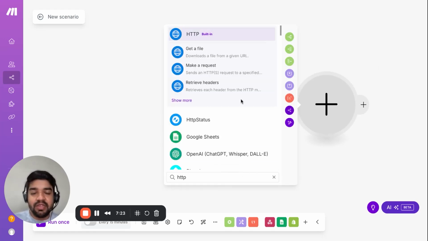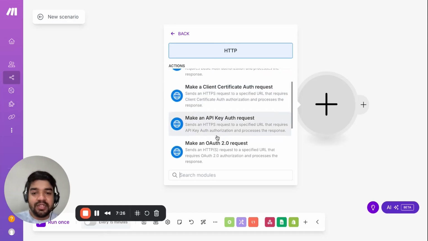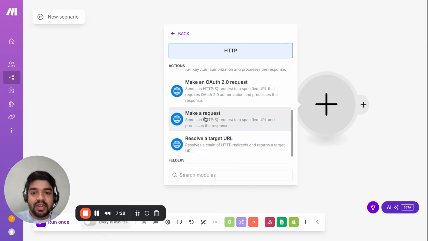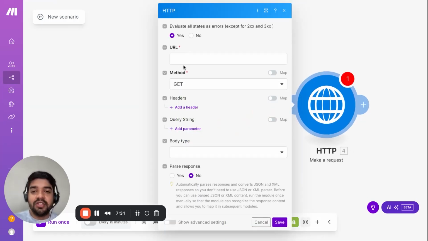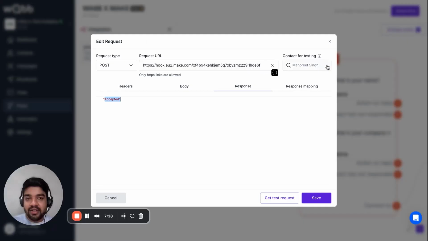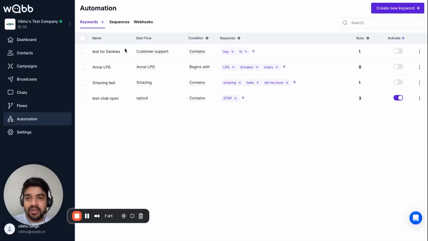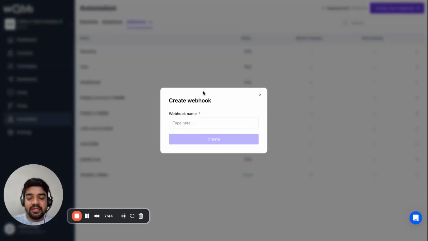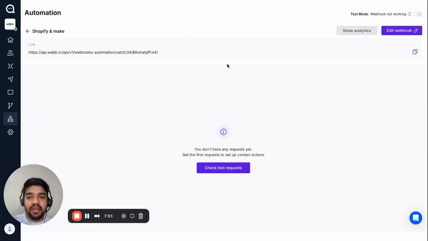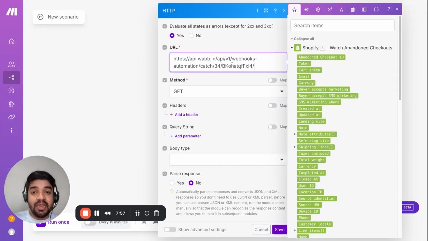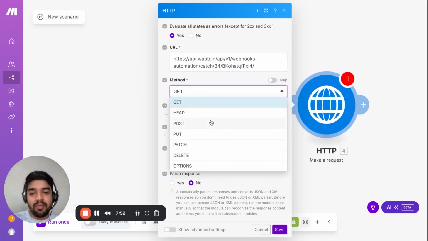And here is the important part where you need to select HTTP, and in the HTTP, you can select make a request as the action, select it, and then here you need to enter the endpoint URL. So here you need to enter the endpoint URL of WABB. How to generate that? Go to automation section here, go to webhook, and then let's create a new webhook. Let's call it Shopify and Make, create it, and then simply copy this link here, come back to Make,